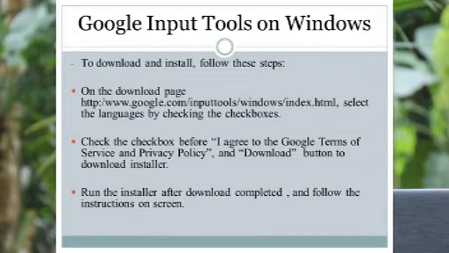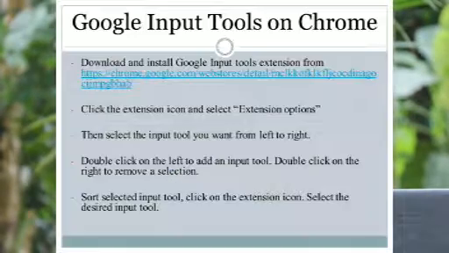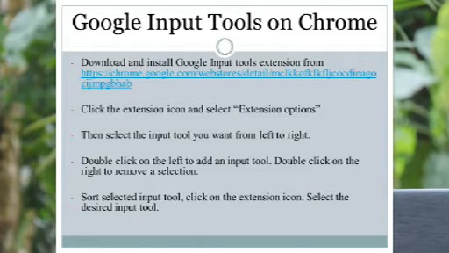So the main point is that it is available for 22 languages. Then we are going to speak about Google Input Tools on Chrome, and how it works on Chrome. Google Input Tools has an extension for Chrome users that lets you type using 90 different on-screen keyboards and browse the web using your most familiar language and keyboard layout. That is the speciality of Google Input Tools on Chrome.